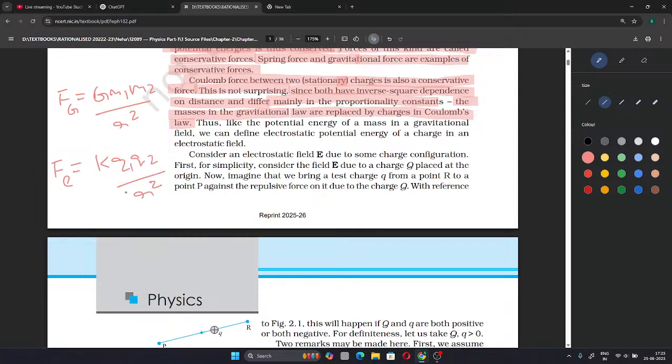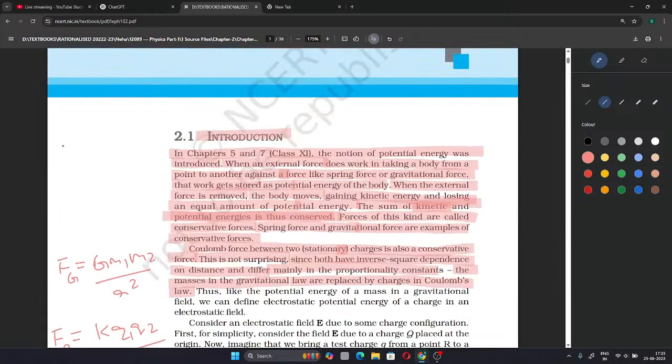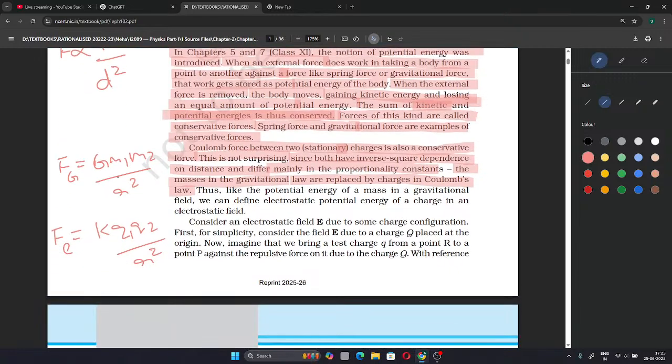Both are extremely similar formulas, and both forces depend inversely on the square of the distance between them. Thus, like potential energy of a mass in a gravitational field, we can define electrostatic potential energy of a charge